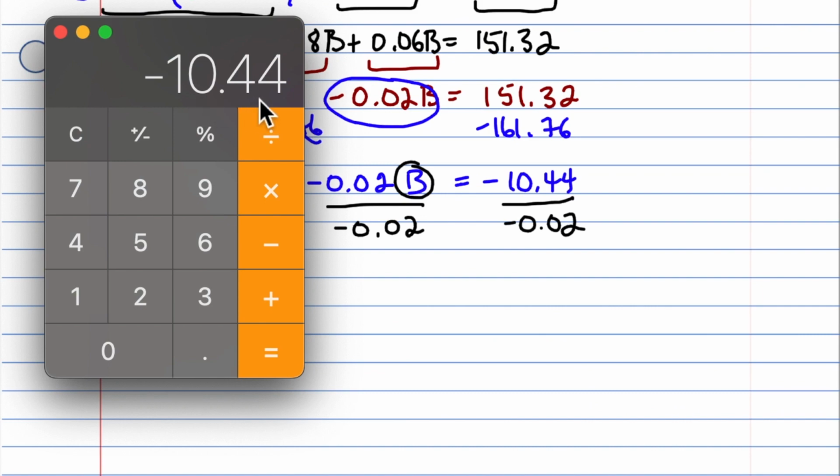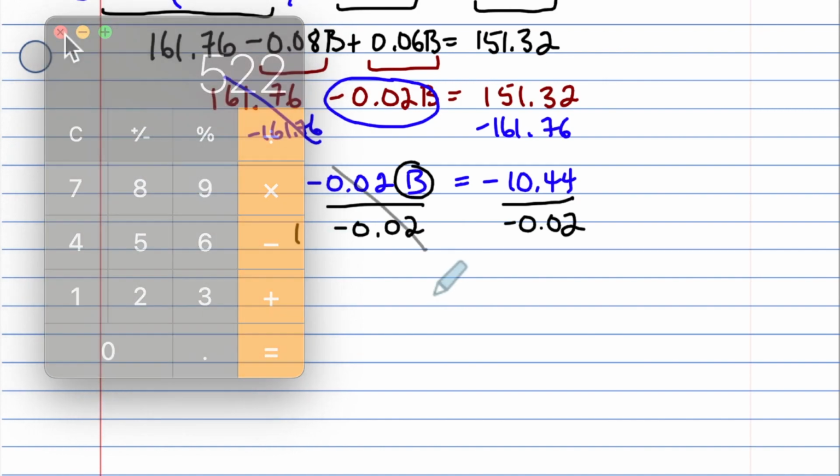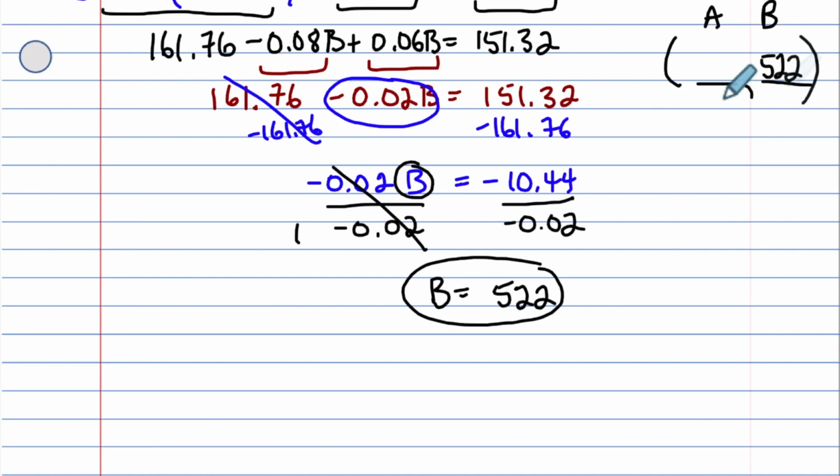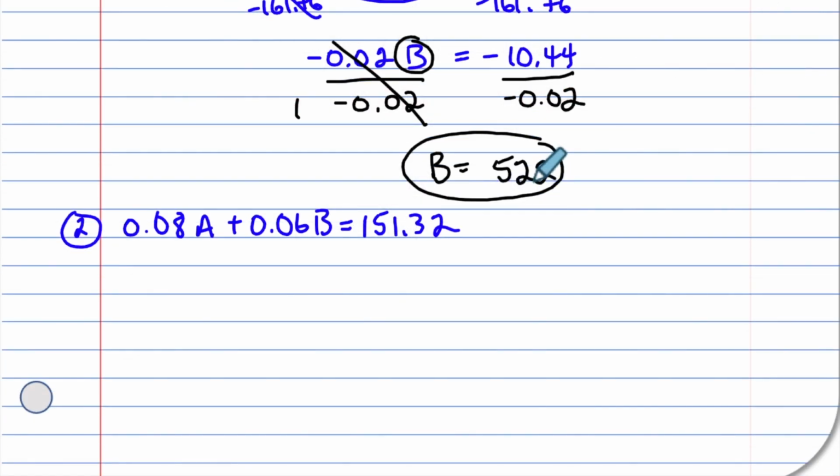Negative 10.44 divided by negative 0.02 equals 522. B is equal to 522. We found the B value. We need to find A. We'll use the second equation. We'll plug in B. We have